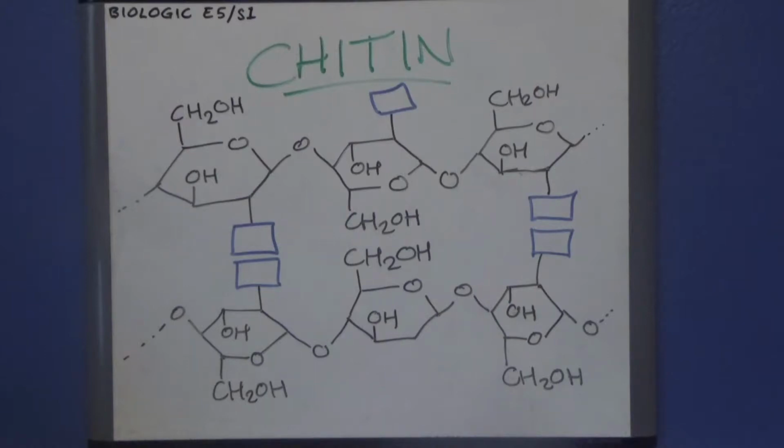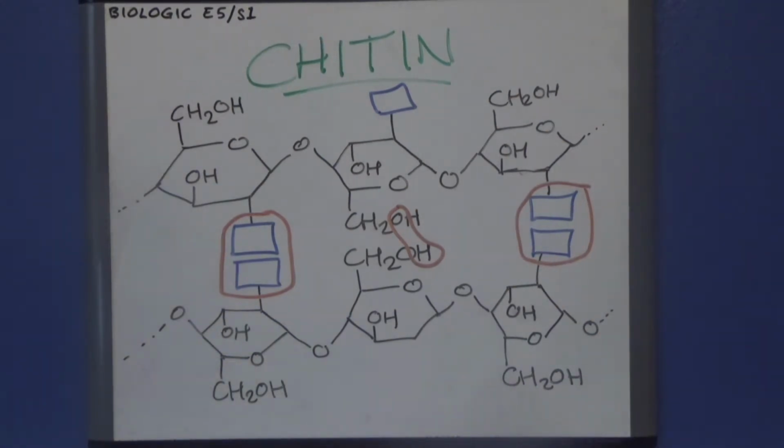Because of this linkage structure, the beta linkages, every other monomer is flipped upside down. So the polymer forms a straight line, but it doesn't form a helix, and this allows the polymer strands to be laid parallel next to one another. The chitin polymers then form hydrogen bonds between one strand and the next, and this creates a very stiff, sheet-like